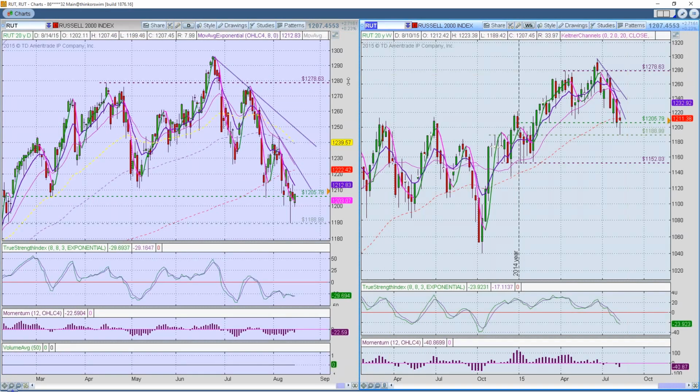Okay, the Russell. On a daily chart, the Russell put in a nice hammer on Wednesday. Down here it found a new level of support, which corresponds to these closes over here on a weekly basis, about the 1188, 1190 level, and then has made a real good rebound off of that. It has not bounced back up above the 40-week moving average, which equates approximately to the 200-day moving average.